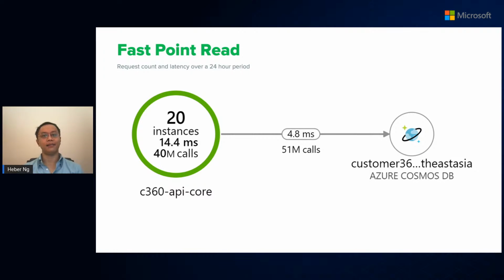Cosmos DB, on the other hand, provides a mechanism called point read. When using point read to query a document by its ID, this query bypasses the query engine of Cosmos DB and talks directly to the storage layer. This makes the retrieval of a single document blazingly fast. And here's a snapshot of the performance metrics that we have retrieved using logs from our instances. As you can see, our daily calls amount to over 50 million per day, but the average time to retrieve data from Cosmos DB is just under 5 milliseconds.